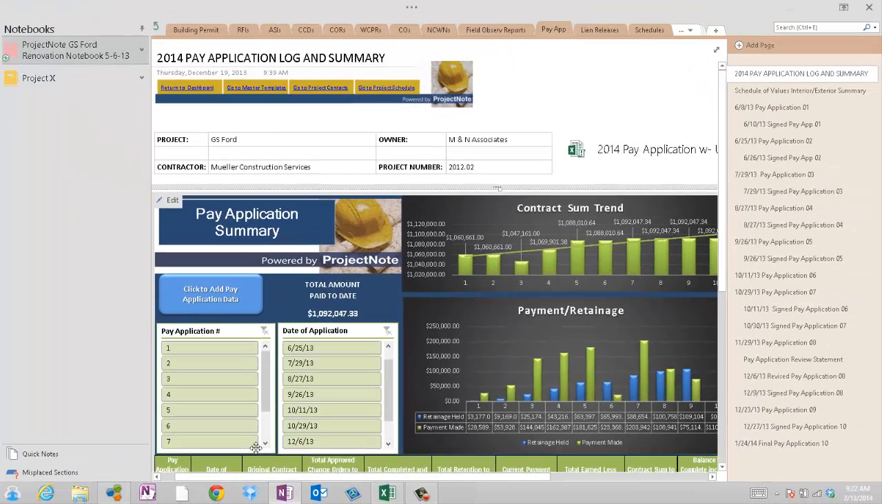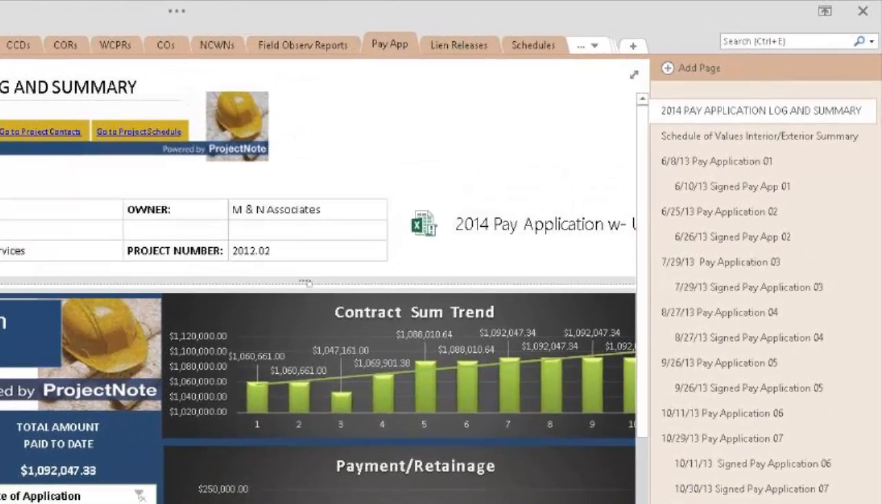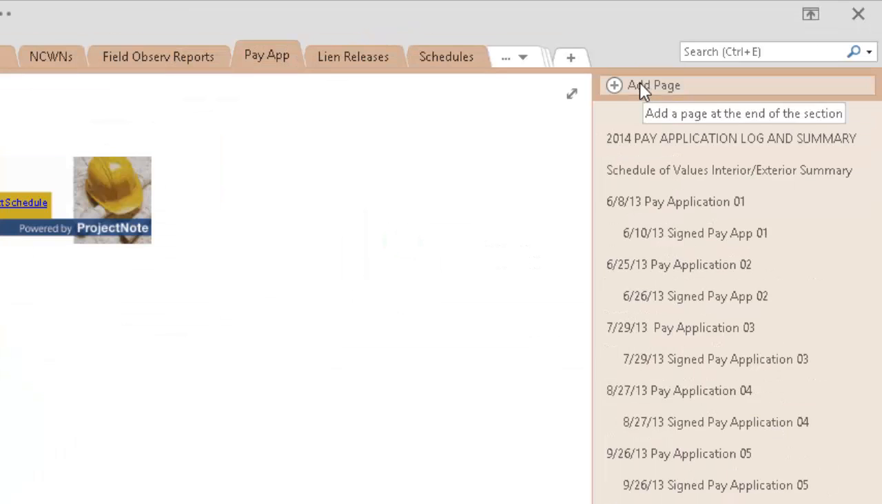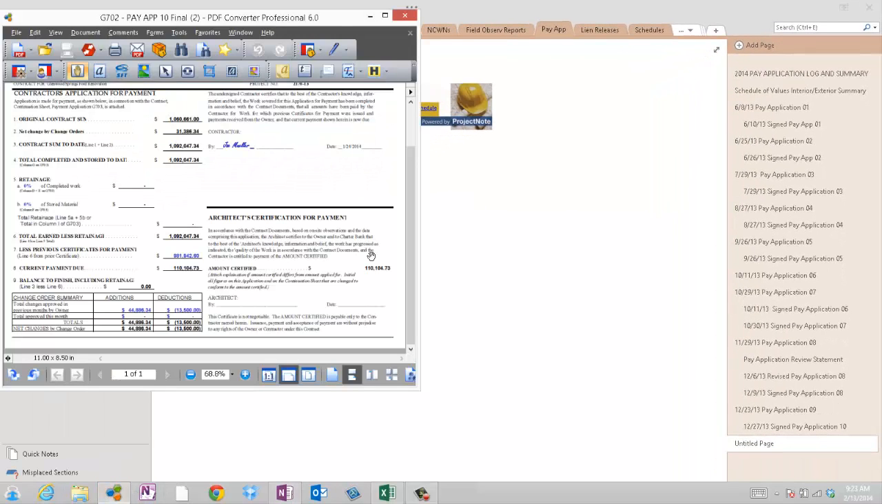And our last step will be to save the actual pay application as a ProjectNote file. Let's go to the top. Along the right-hand corner, select Add Page. Our new ProjectNote page is added. Let's bring back our pay application. To add our pay application to our ProjectNote file,